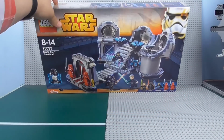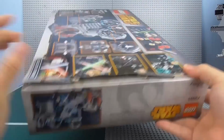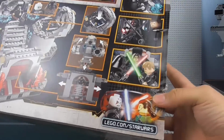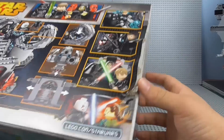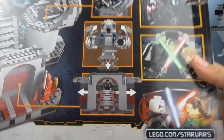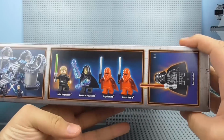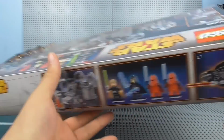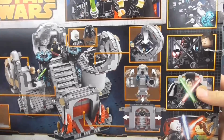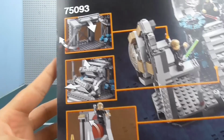So the box is pretty standard, nothing too special to say about this. It's a pretty cool box, I suppose, but really, just like the instruction manual, it's more or less what you'd expect. I actually cut myself trying to open this, but that's not the point. But yeah, so of course we have the minifigures at the top, some pretty cool ones there, all this stuff, very nice. Just going through the features, as I said before, you can flip Luke off that,